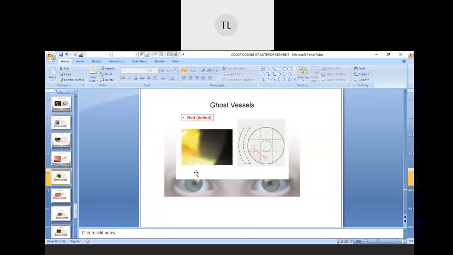So this we call the ghost vessels. They have no blood, they will not carry any blood, but they will appear whitish over the surface of the cornea, and that causes the blurring of the vision. So this is your ghost vessels. If you have seen any of these features of the whitish area, we can denote it with a red dotted line. Always remember it will be a dotted line. This will indicate the ghost vessel.